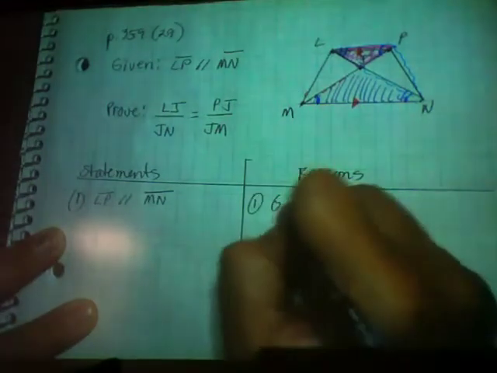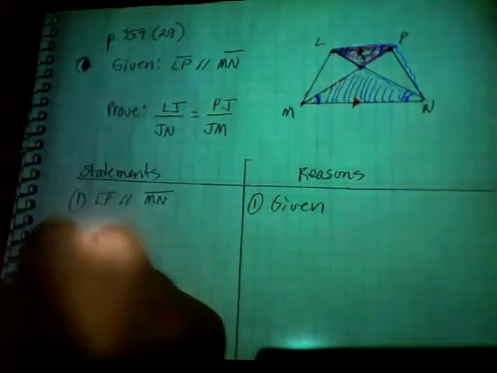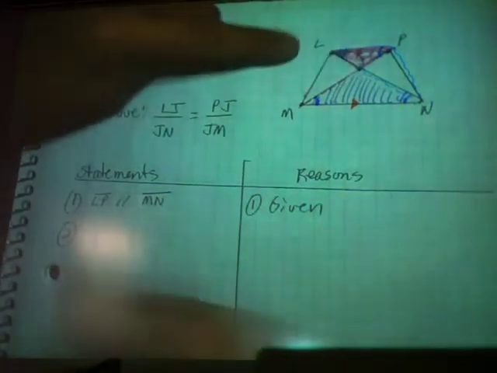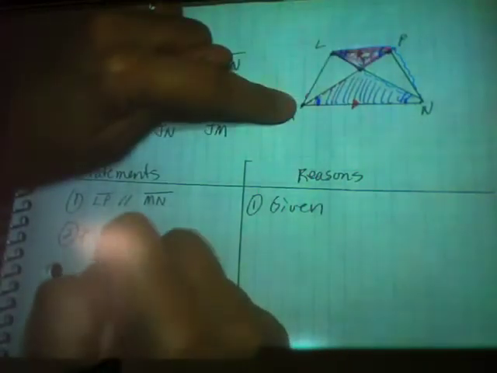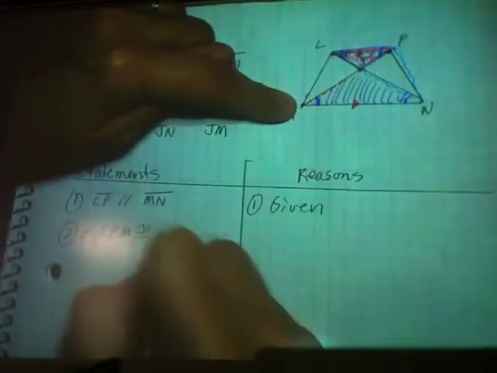Segment LP is parallel to segment MN. Why? Given. From this given, I conclude that I have alternate interior angles that are congruent, so I have to tell exactly which ones they are. So I'm going to start with that one. So angle LPM, I'm going to go all the way to M, is congruent to angle, I'm going to do this one, PMN,